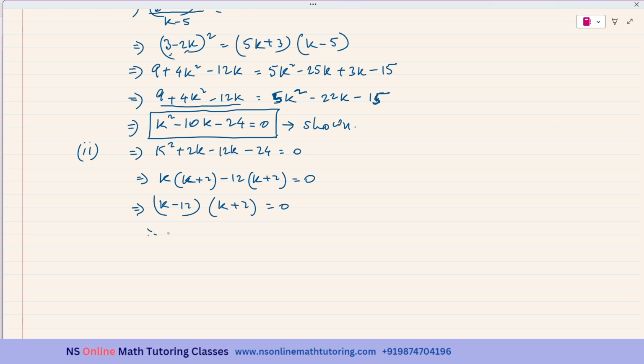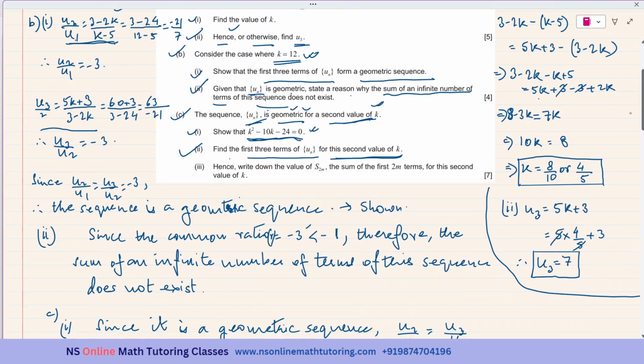So therefore, k is equal to 12 or k is equal to negative 2. This is the other value of k, because we have previously taken k value as 12. They are saying find the first three terms of un for this second value of k, which is equal